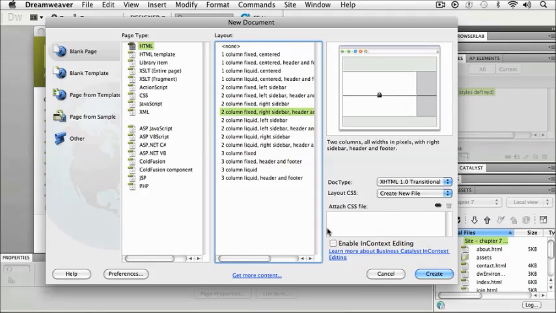Now we'll talk about this a little bit later, but I can enable in-context editing from here. In-context editing is something that we could also then use with Business Catalyst, which we will also talk about a little bit later on. But basically, it's a way for me to, without an actual CSS, kind of like a template, allow my client to be able to edit themselves. So I'm going to create,